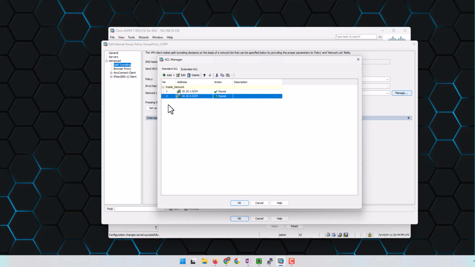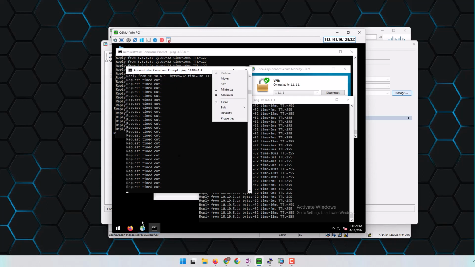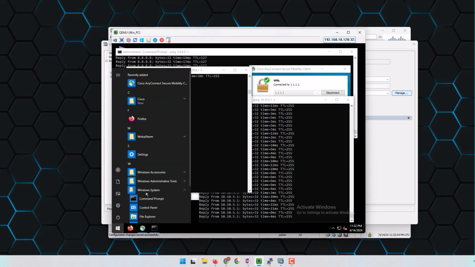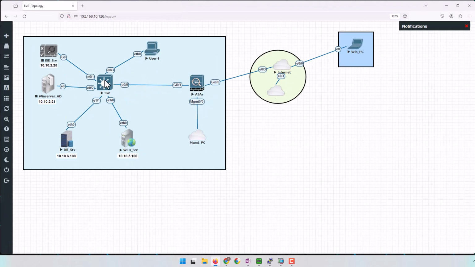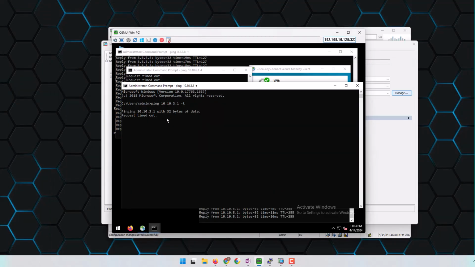Then it means that there is an implicit deny at the end, and any other network will be denied. Now let me try to ping another network. Let me bring another terminal here and ping 10.10.3.1 -t. Of course we have network 3 here also, and this PC is connected to network 3, but